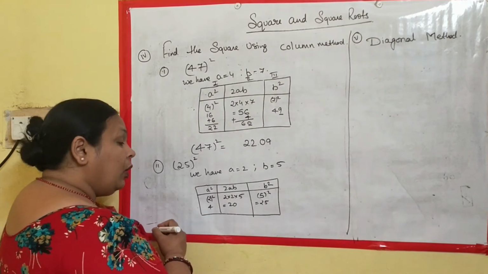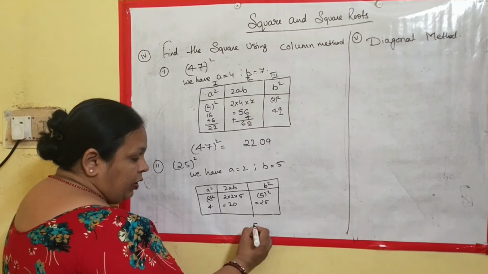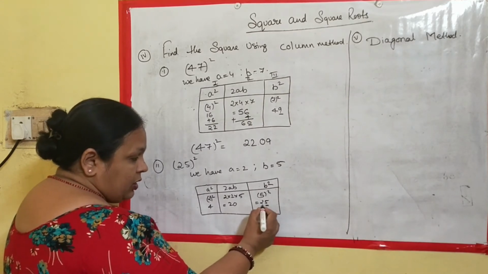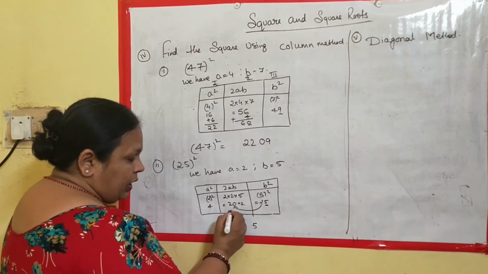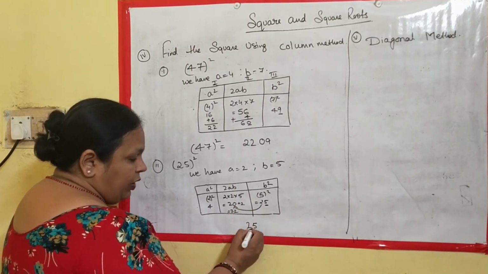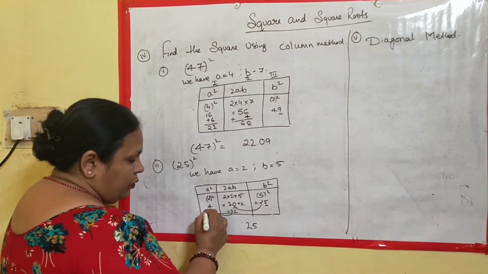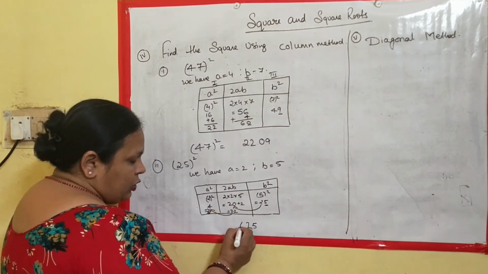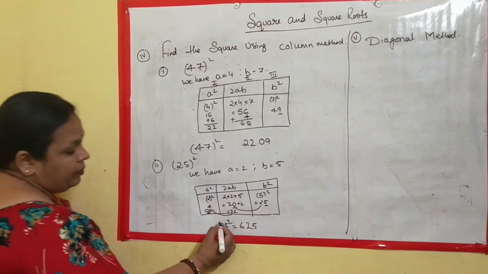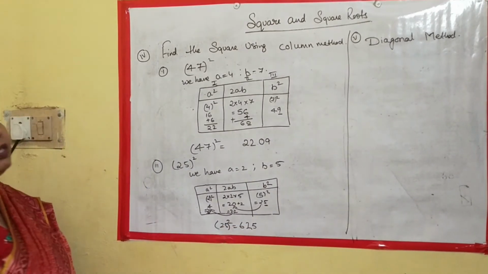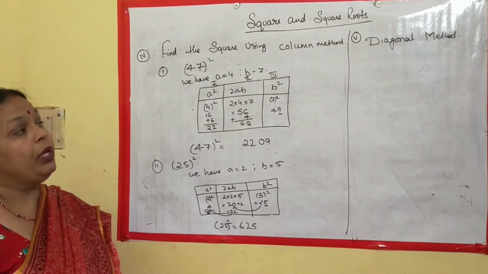Clear? Now, what we will be doing here is, as per our discussion, 5 will be taken as answer, 2 is carried here. So this becomes 20 plus 2, that is 22. So 2 we are taking, again this 2 comes here and 6 plus 4 plus 2 is 12. So 25 square is 625. Isn't it? Similarly, you can check it for any number. So this is your column method.